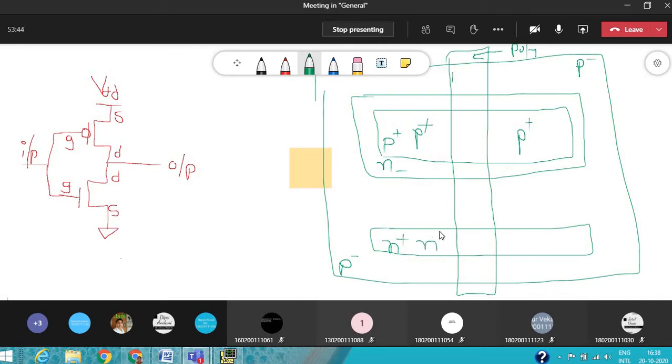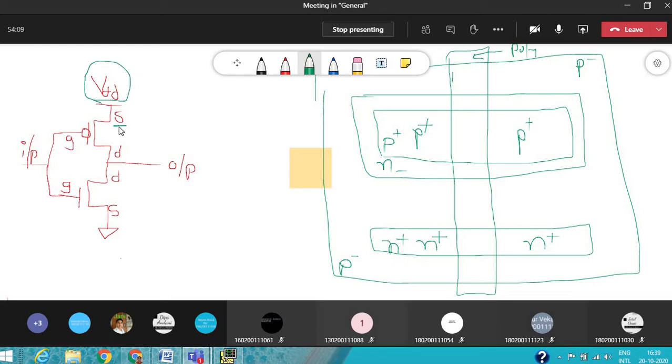Similarly, it separates the two N plus regions, removing the P plus and N plus below the polysilicon through the photolithographic process. So one N plus is the source or drain and the other is the drain or source.